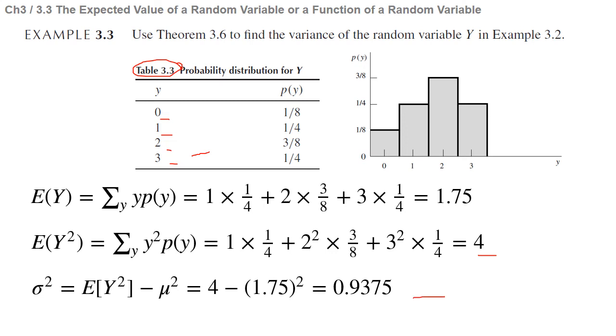You also calculated this number in example 3.2, but you may find that this calculation is a bit easier than the previous calculation, and this formula is used a lot, so it's nice to memorize it, and actually the proof is very simple. Okay,